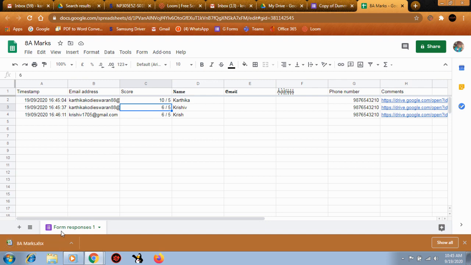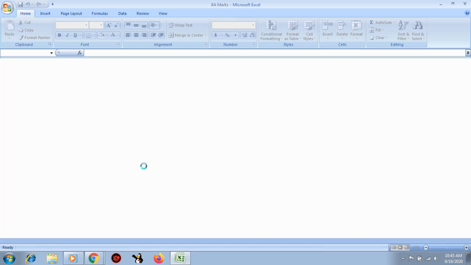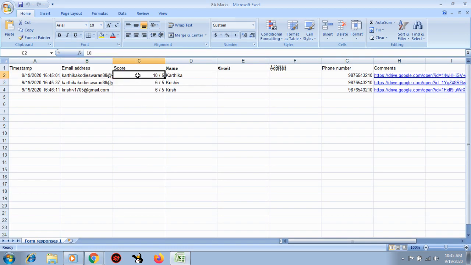Now that particular mark sheet has been downloaded as an Excel sheet. I'm just opening it. When I click over here, only the marks appear in the formula bar, but here it is showing out of.